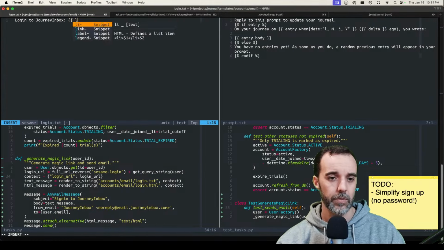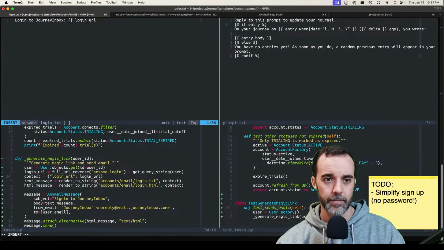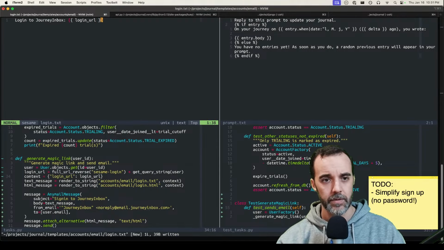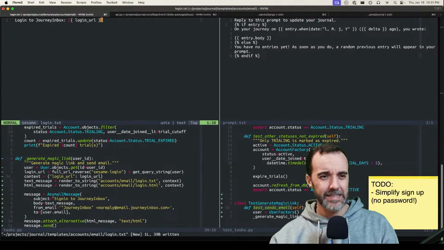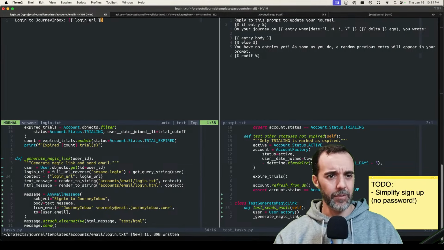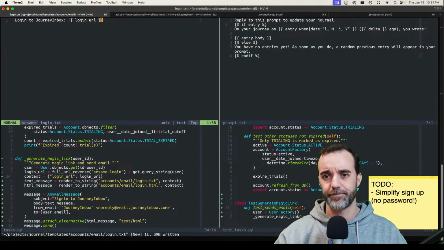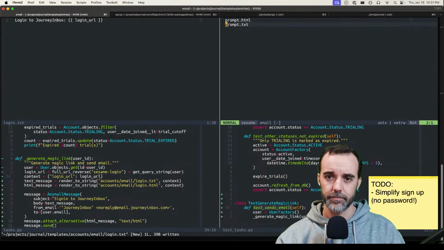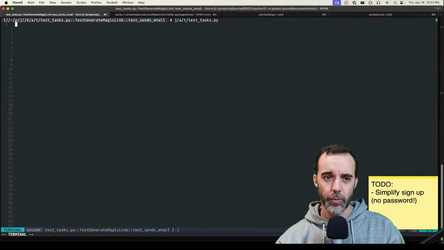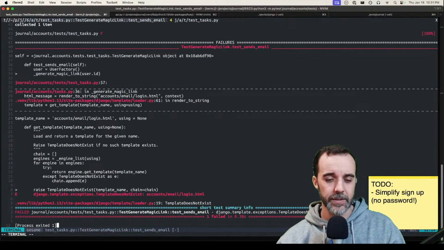And we'll do login URL. That's the context going in. Not as nice, but I want to keep this super simple. And if we do this, it'll blow up still, but it's blowing up on the next one,